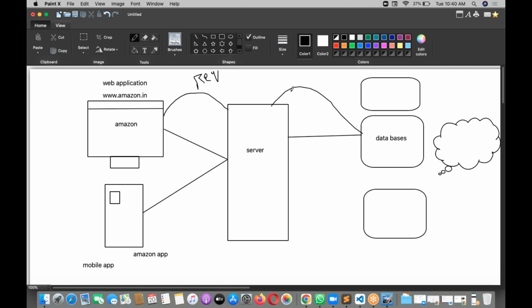Requests are always sent from the client system to servers. Servers always respond to the clients. A database is also responding to the server. This is something like a response. Okay, so this request and response process needs to be very fast. The client system is very, very huge nowadays. Why? Because our client system was already slow with PHP and all. Banking systems and other kinds of applications were getting hanged. Now, in our case, there is no hanging. Why? Because